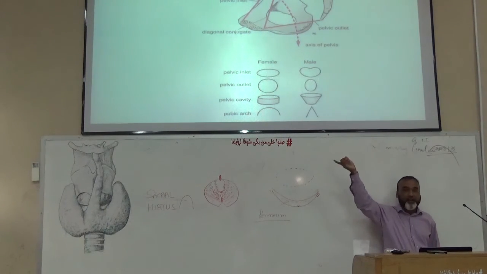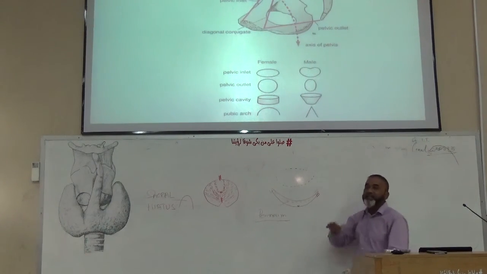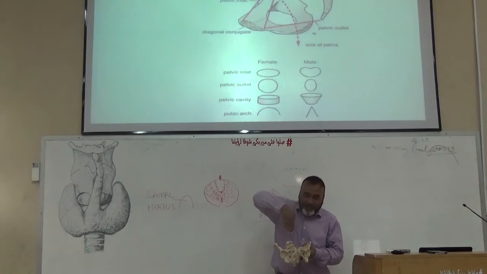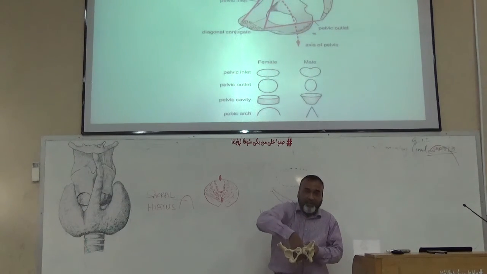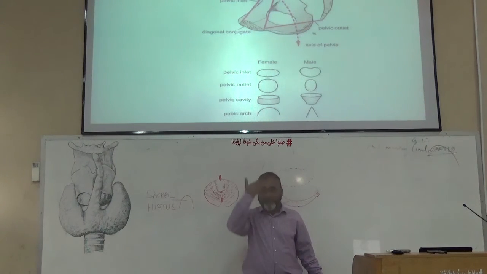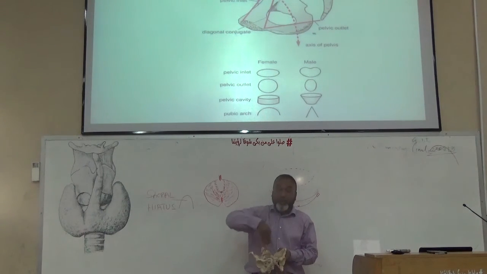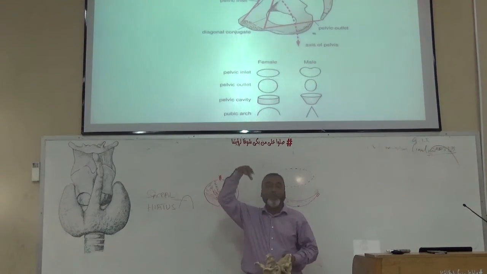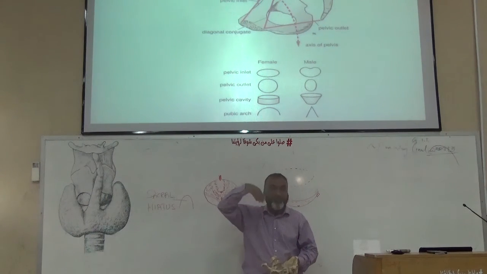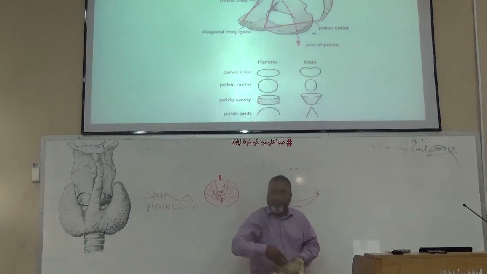This interrupted line with the arrow shows basically the axis of the pelvis, how the baby comes. It does not pass straight, it enters like this and then it passes. Understand? So this is the axis. We are standing, our body axis is vertical. But when the baby is passing through the pelvis, this interrupted line shows the axis of the pelvic cavity, or the passage of the fetus. It comes like this and then it passes. So this is the axis of the pelvic cavity.